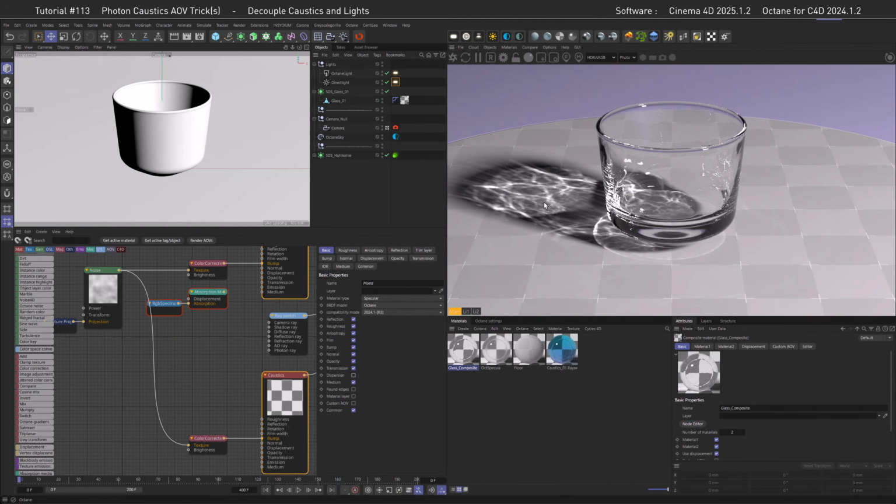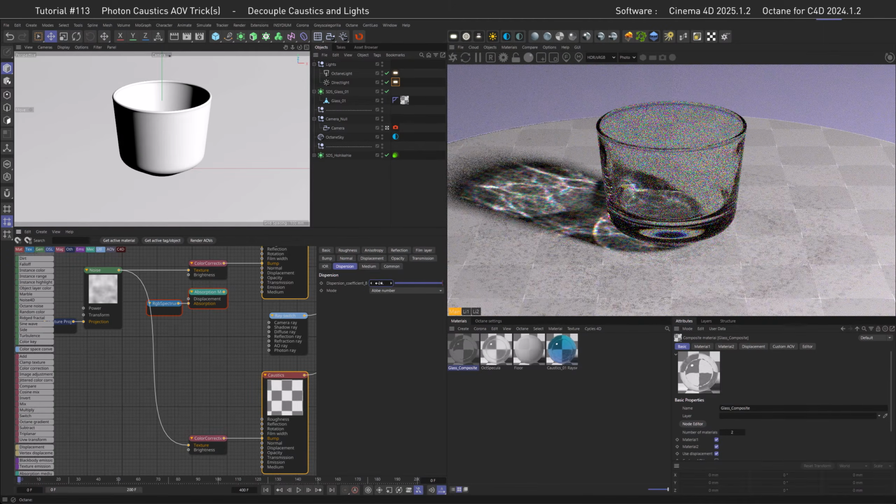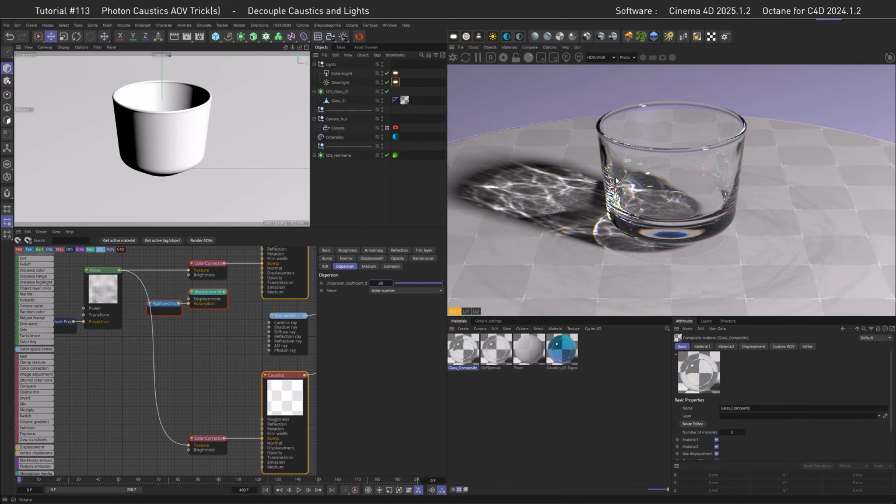One of the key reasons I did the whole dual material technique here is dispersion or aberration, as I wanted to split the colors in the caustics as well as in the glass. So let's follow in my footpath, turn on dispersion, let's go to the dispersion tab while both materials are active and go with an Abbe number of around 20. Whereas the caustics here look nice and clean, you can see some additional fireflies and render overhead forming in the glass. If you remember the animation at the beginning of this video, yes, it was ages ago, you might remember